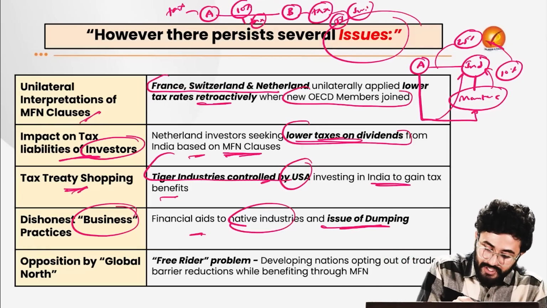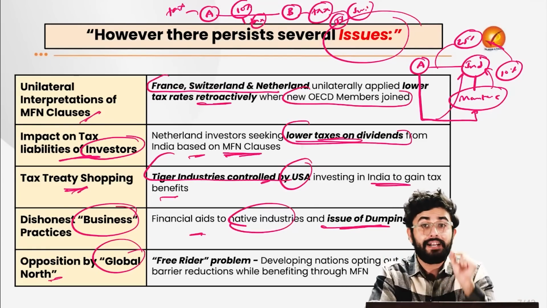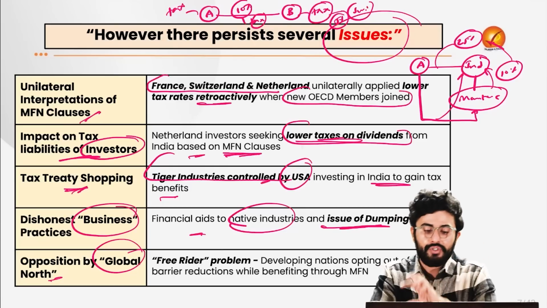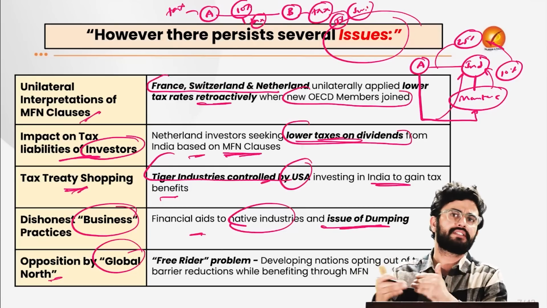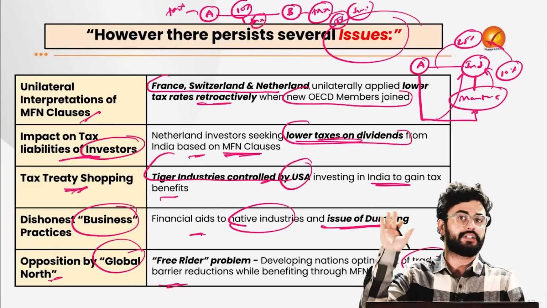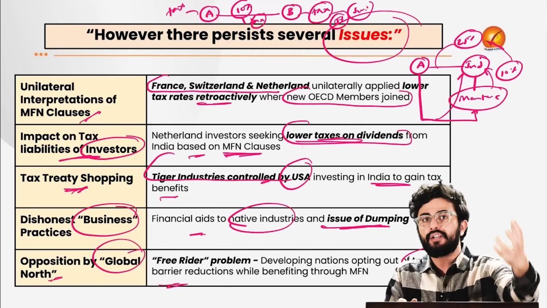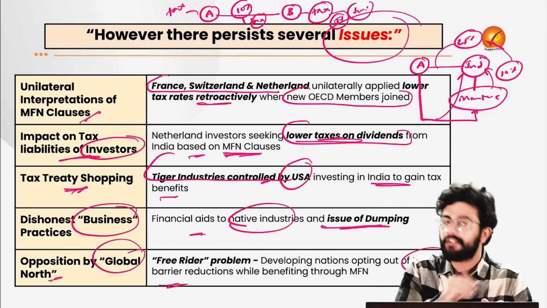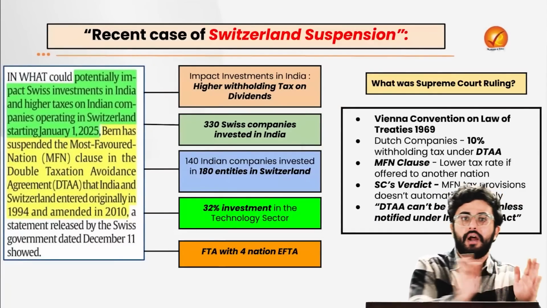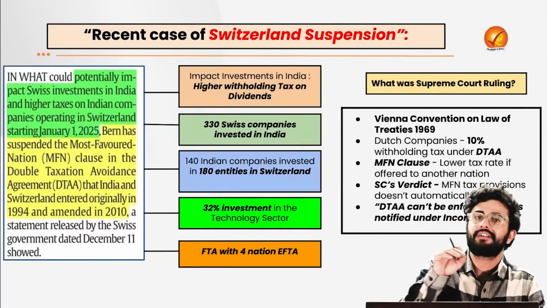Then comes the opposition by the global north, where they highlight a specific problem, that is the free rider problem. What is that? They say that the developing nations, for example India, are opting out of various kinds of trade barrier reductions, but at the same time they are exploiting the benefits under the MFN status. So when we have understood these issues surrounding the MFN, let's try to understand the context of